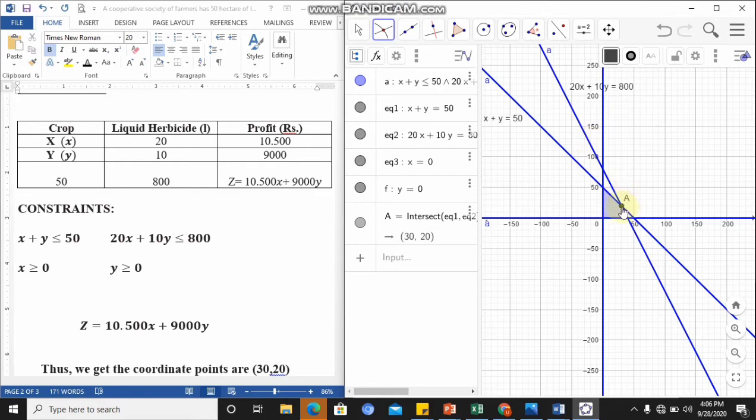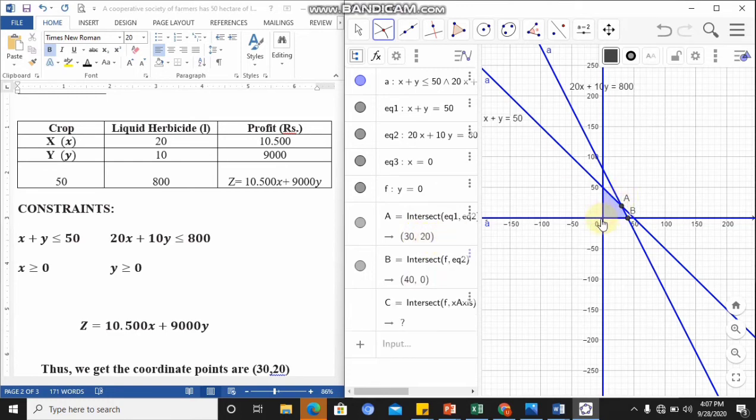Okay, we get this point A. And then for this, we choose this graph and this graph, so we get point B (40,0) and point A (30,20),